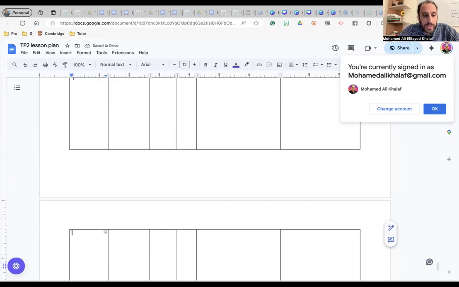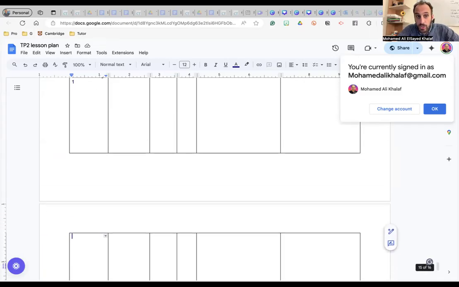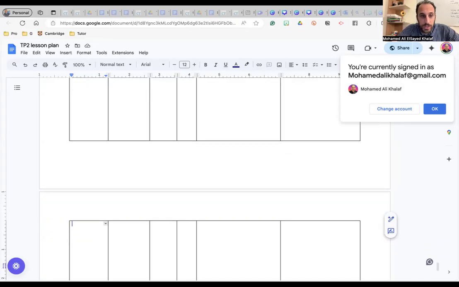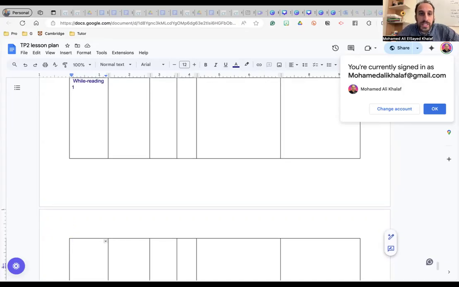I clicked on tab. It created another box for the fourth stage. It doesn't have to be for gist, Marwa. It can be for specific information. It doesn't have to be like gist all the time. We can start with the specific information, and while reading two can be detail. It is not a must to start with gist.